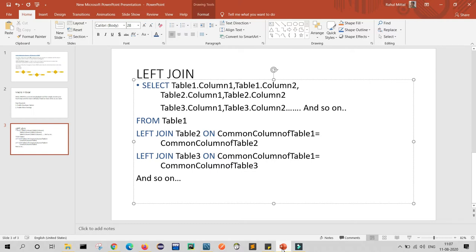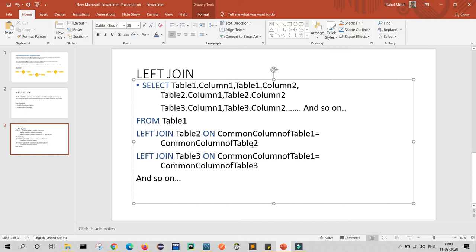Friends, the left join is a very simple query to learn. That is, select table 1 dot column 1, table 1 dot column 2, table 2 dot column 1, table 2 dot column 2, similarly table 3 dot column 1, table 3 dot column 2 and so on, from table 1 left join table 2 on common column of table 1 equals common column of table 2.